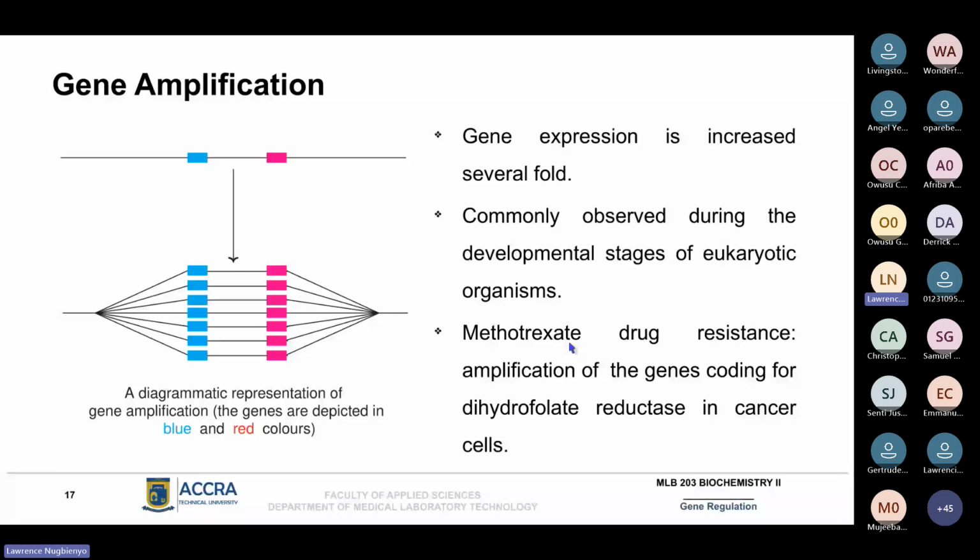Some drug resistance begins to be developed, and the mechanism of that is such that the cancer cells now get sort of adapted to the environment of the methotrexate drug, because they notice the methotrexate drug is causing their death, and so they begin